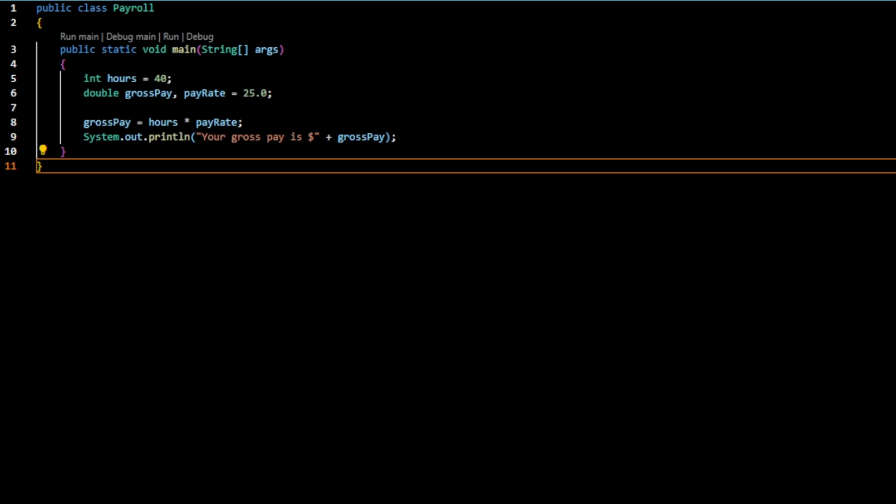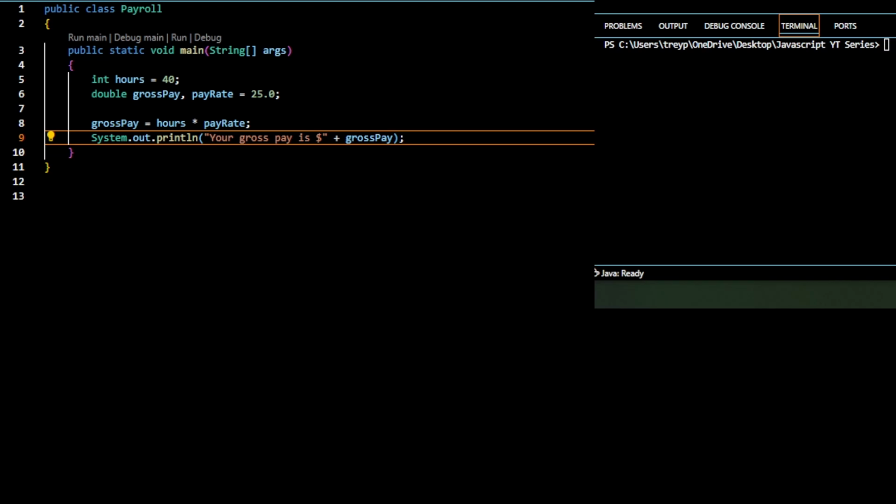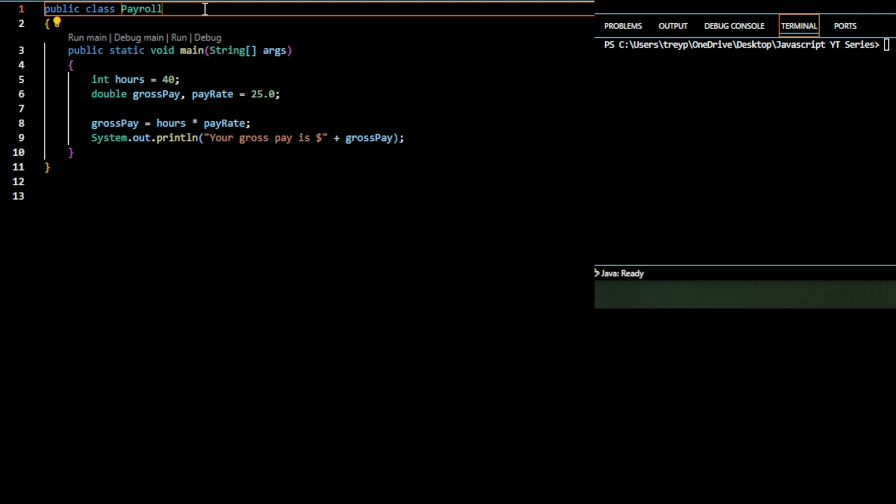And it looks like there are 21 chapters. It goes all the way from the basics of Java to binary searches, array implementations, queues, hash maps, and all those nice data structures. Okay, so for our first function here, we are starting off with a public class named Payroll